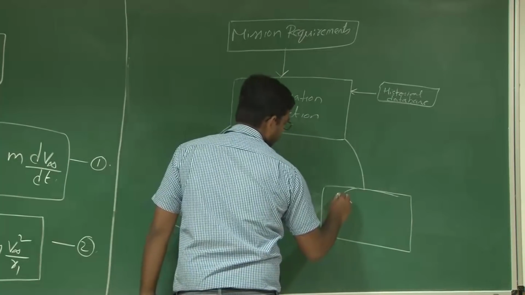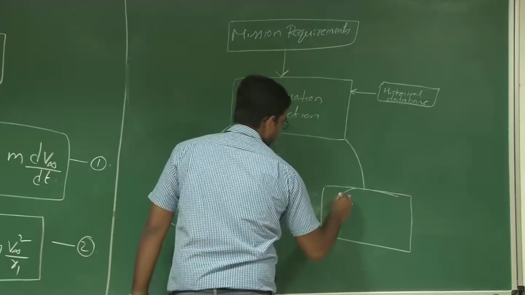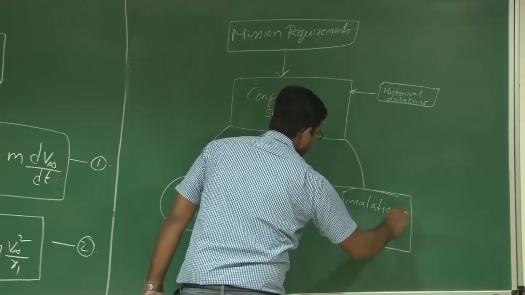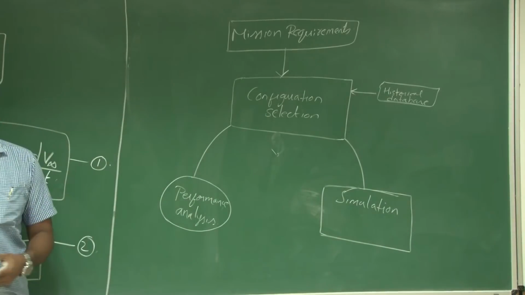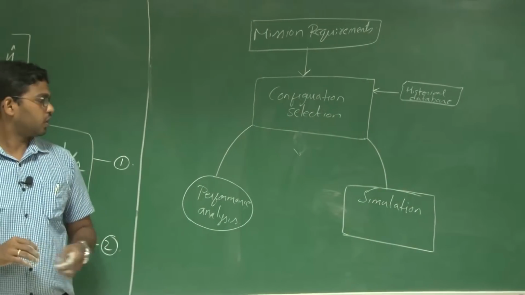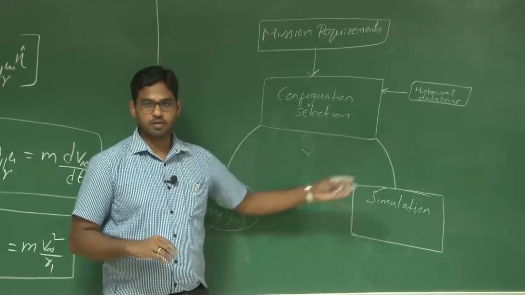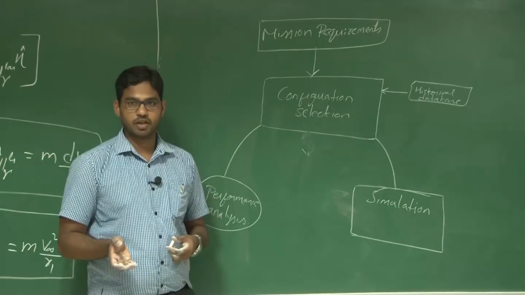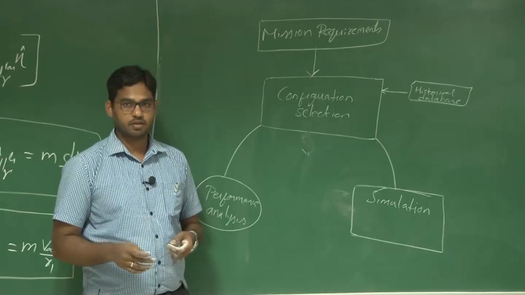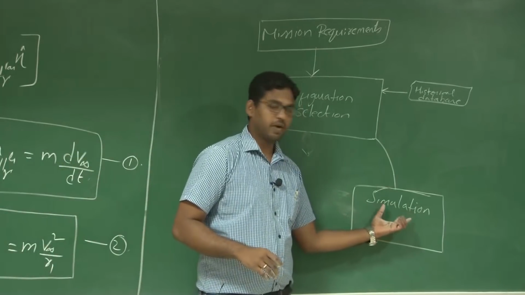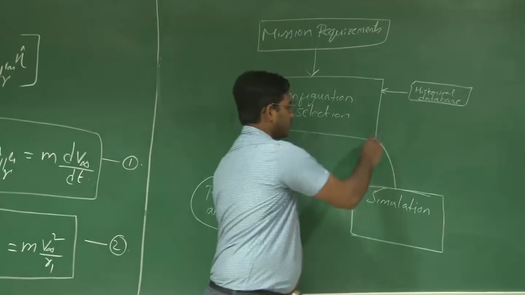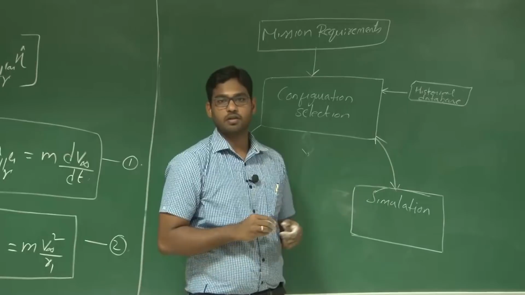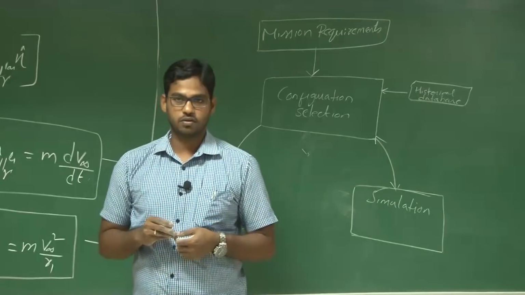You also work with simulation. Say certain parameters, if you want to have the system certain parameters, so that you can have a better control over the system and better performance, right, in terms of aerodynamic parameters, which are generally observed by simulation. So in order to achieve that, what should be the configuration?